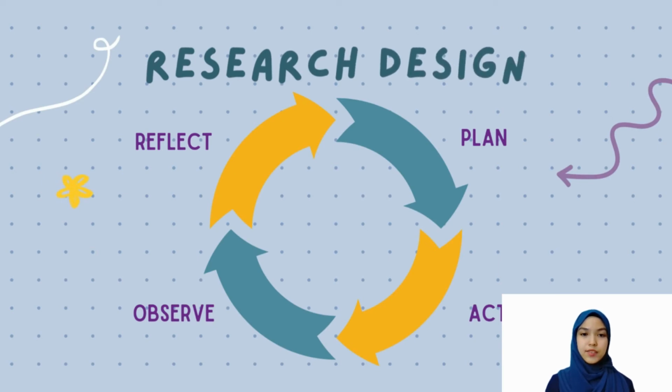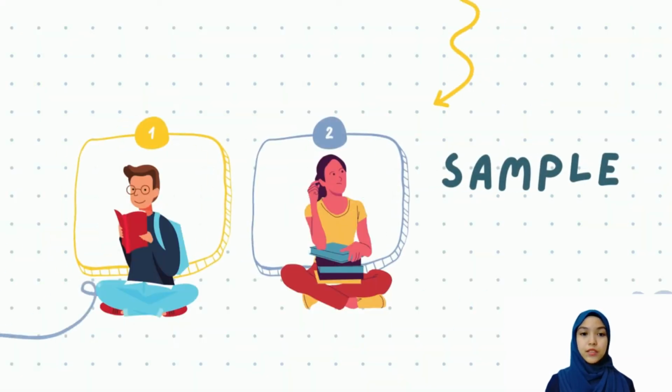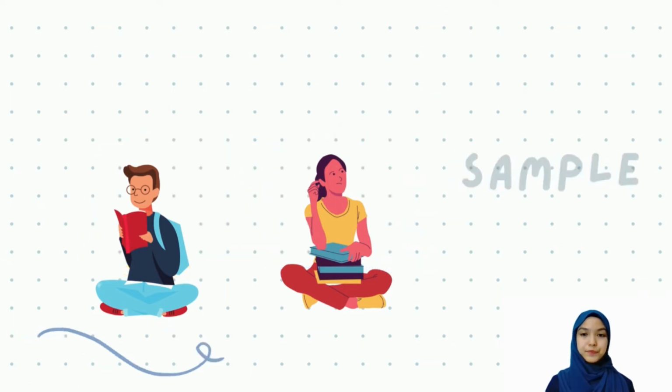The research design is action research based on Kurt Lewin's model. The model is a continuous cycle that starts with plan, act, observe, and reflect. In this research, the researcher will observe two cycles. The first cycle involved limited use of interactive activities, and the second cycle involved the maximum use of interactive activities. The total sample of this research is 10 students with mixed gender from Form 1A that participated as students during the teaching practice.